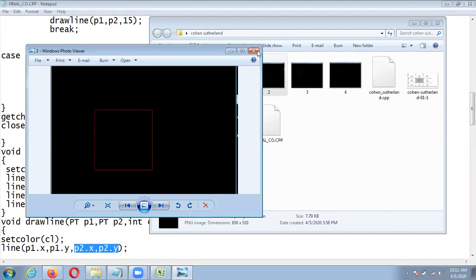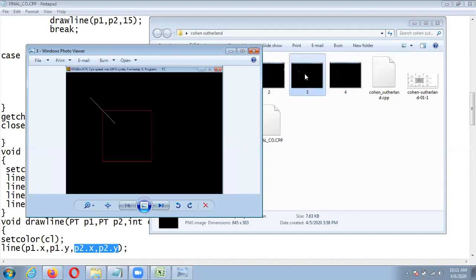Okay. After that, after the window we are getting this line. The line has points 100 100, that is p1, and this is your p2, that is 200 200. So p1 is outside the window and p2 is inside the window, and the line is white. So till this we have seen.